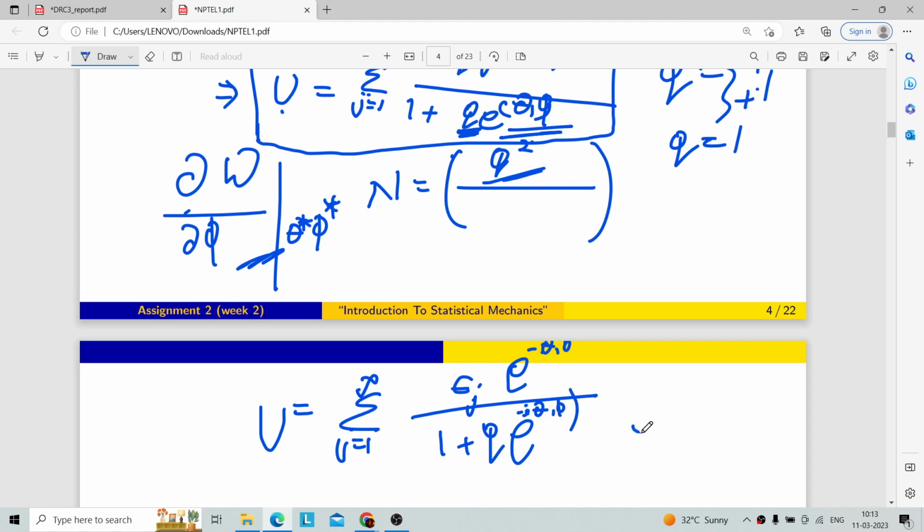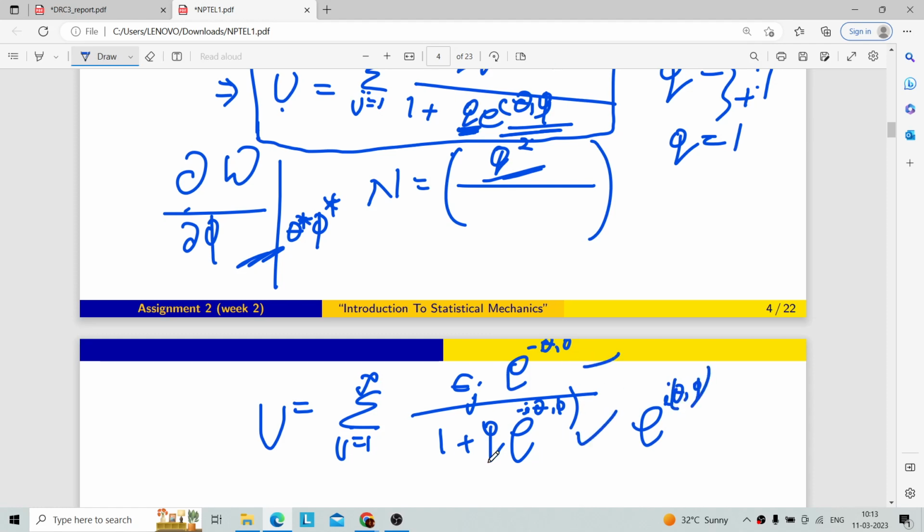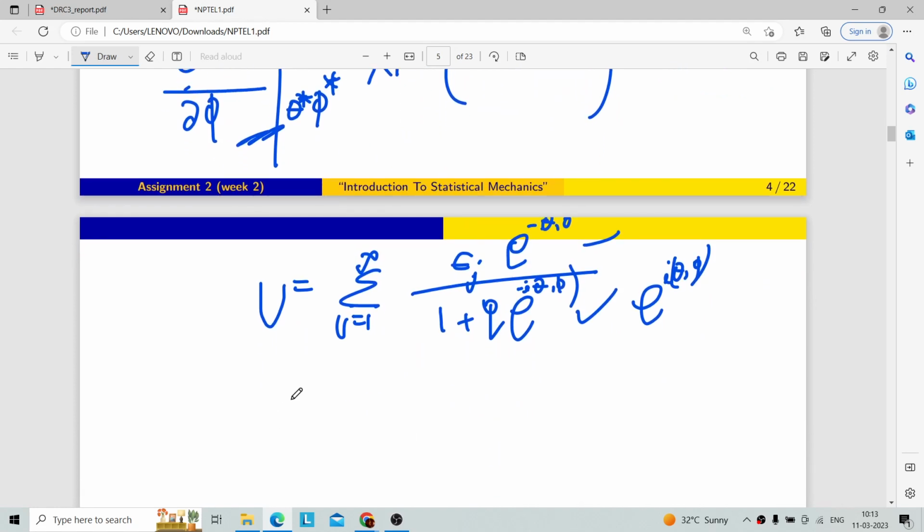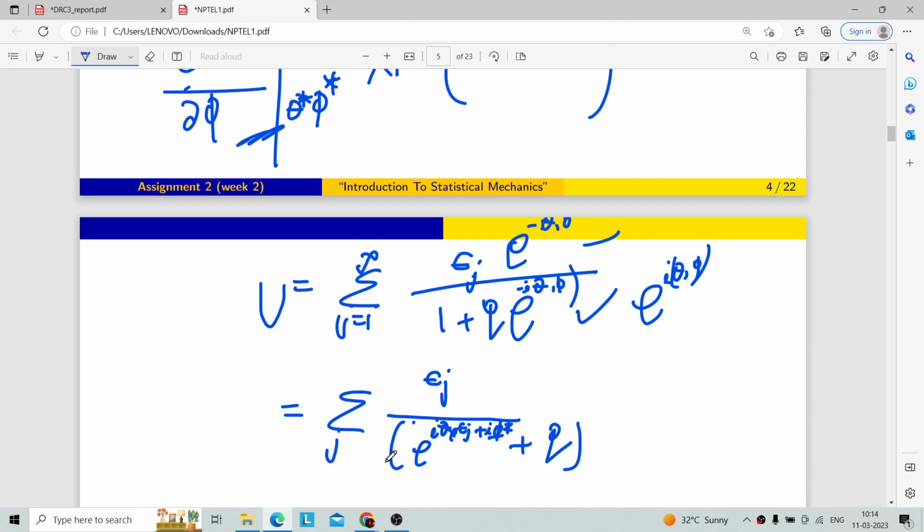When you multiply e to the power plus i theta and phi function in the numerator and denominator, you will get a form like summation epsilon j over e to the power i theta star epsilon j plus i phi star plus q, over this summation,